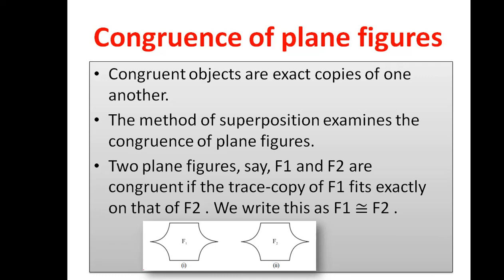Okay, so in the diagram you can see two figures which look exactly the same. They are exact copies of one another. So how do we find whether they are exactly the same? If you place one upon another, they will match each other. There will not be any difference. If you keep the corresponding sides together, they will be correctly positioned. So that is called congruence.